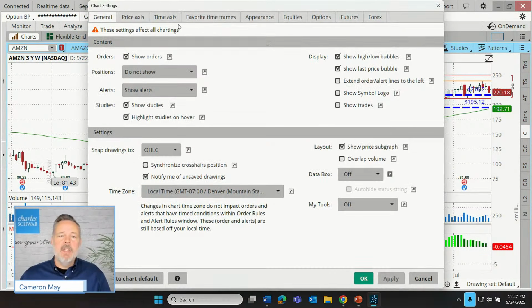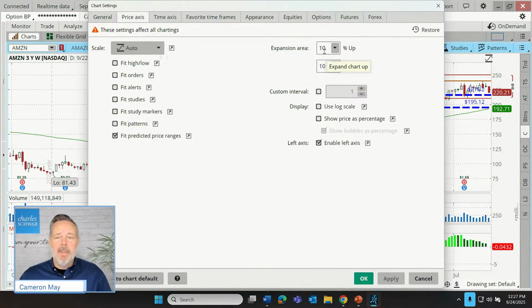So that can be changed here as a preference on our price axis, and that's now portable from one symbol to the next. So if I go on to General Electric, or I go on to look at Ford, those are automatically going to have 10% above and below as well. So I'm going to set that back to 0.